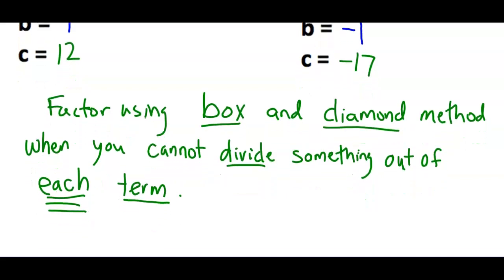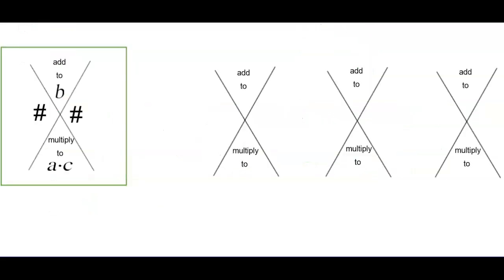So last lesson, we factored by taking out the greatest common factor. Well, not all quadratics have a greatest common factor. We can't always factor something out. So we need to use this method. The box and diamond method is used when you cannot divide something out of each term or remove the GCF, the greatest common factor. So it's really important that you understand the format. We have to have a quadratic that we can't divide out a greatest common factor. And so instead we're going to use what's called the